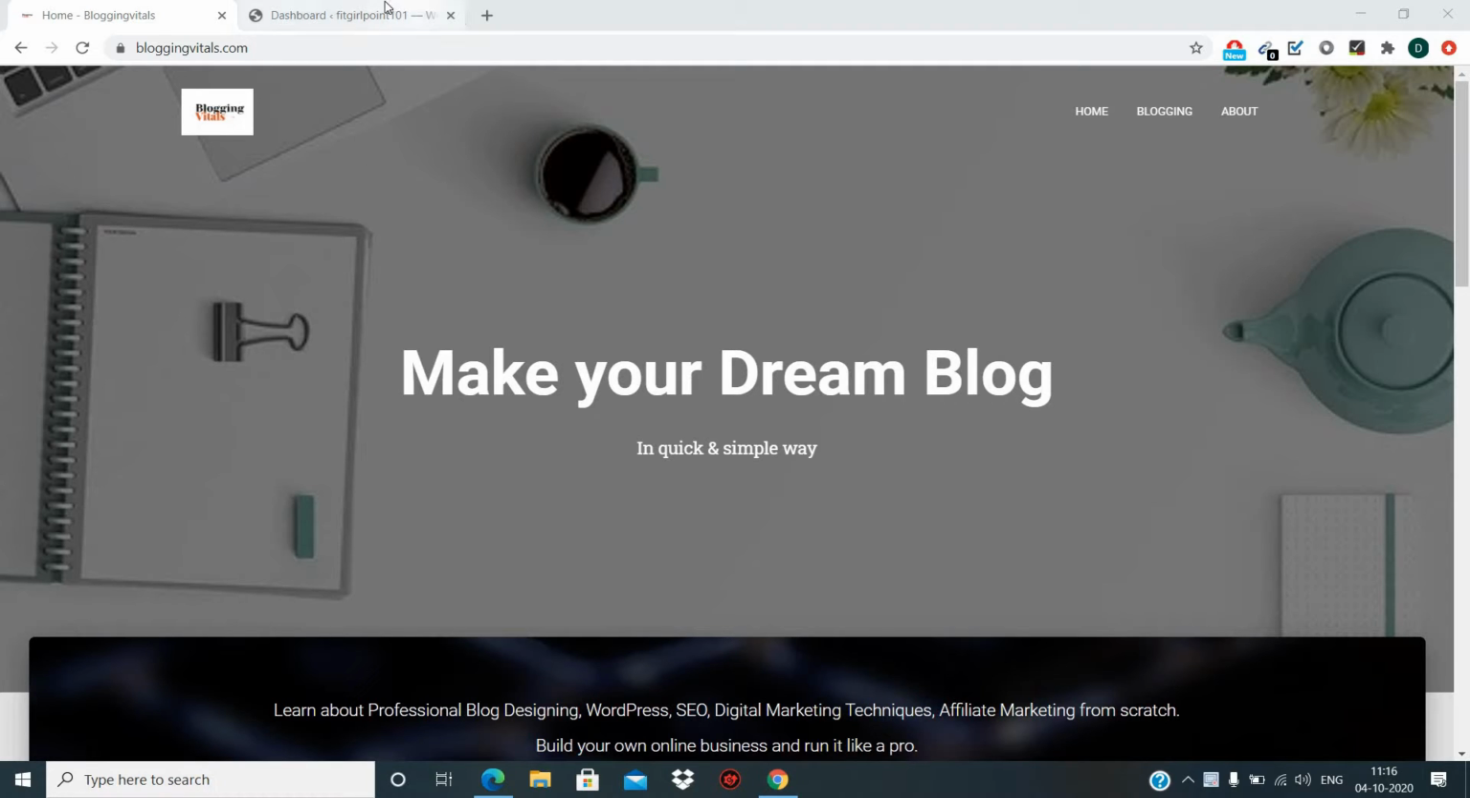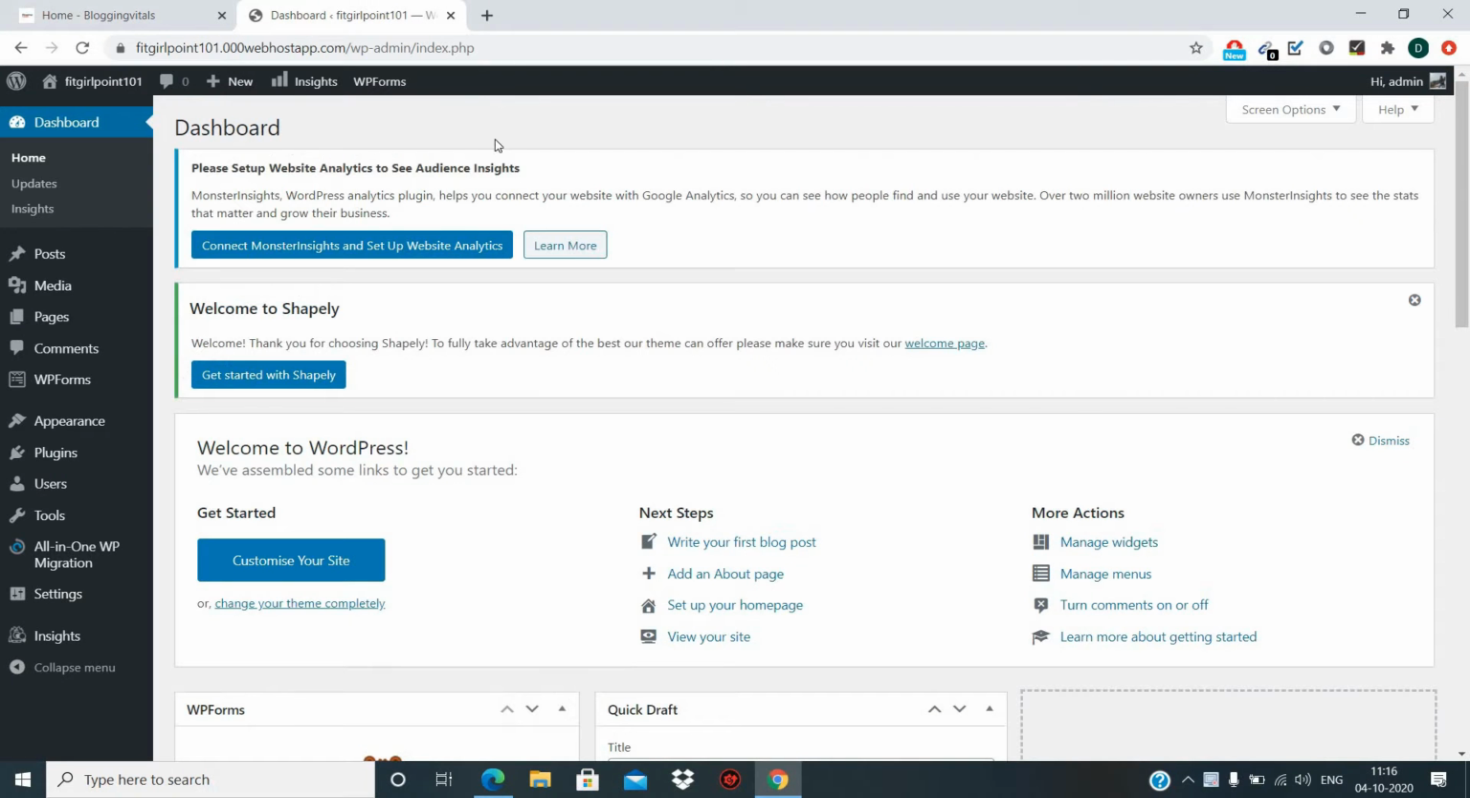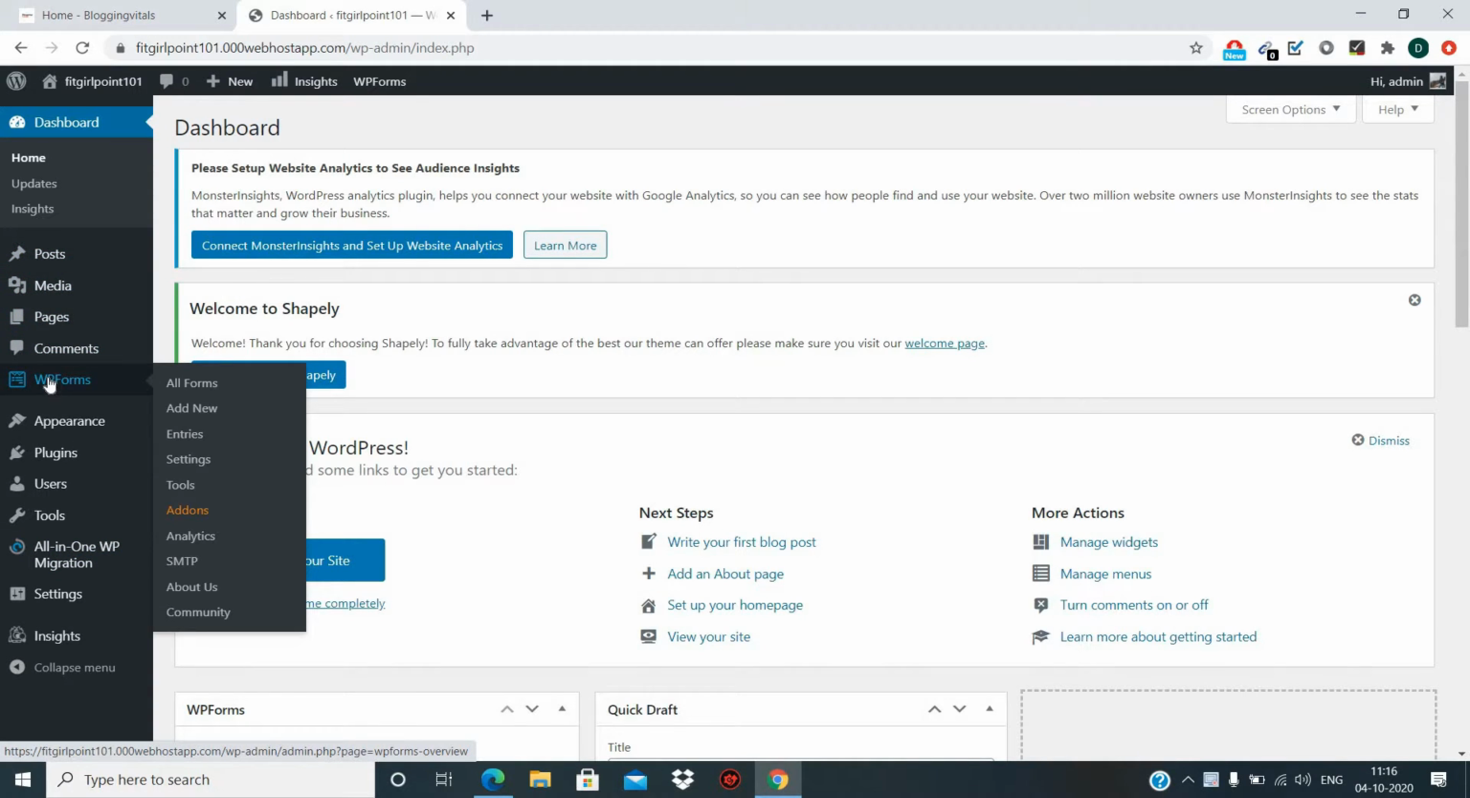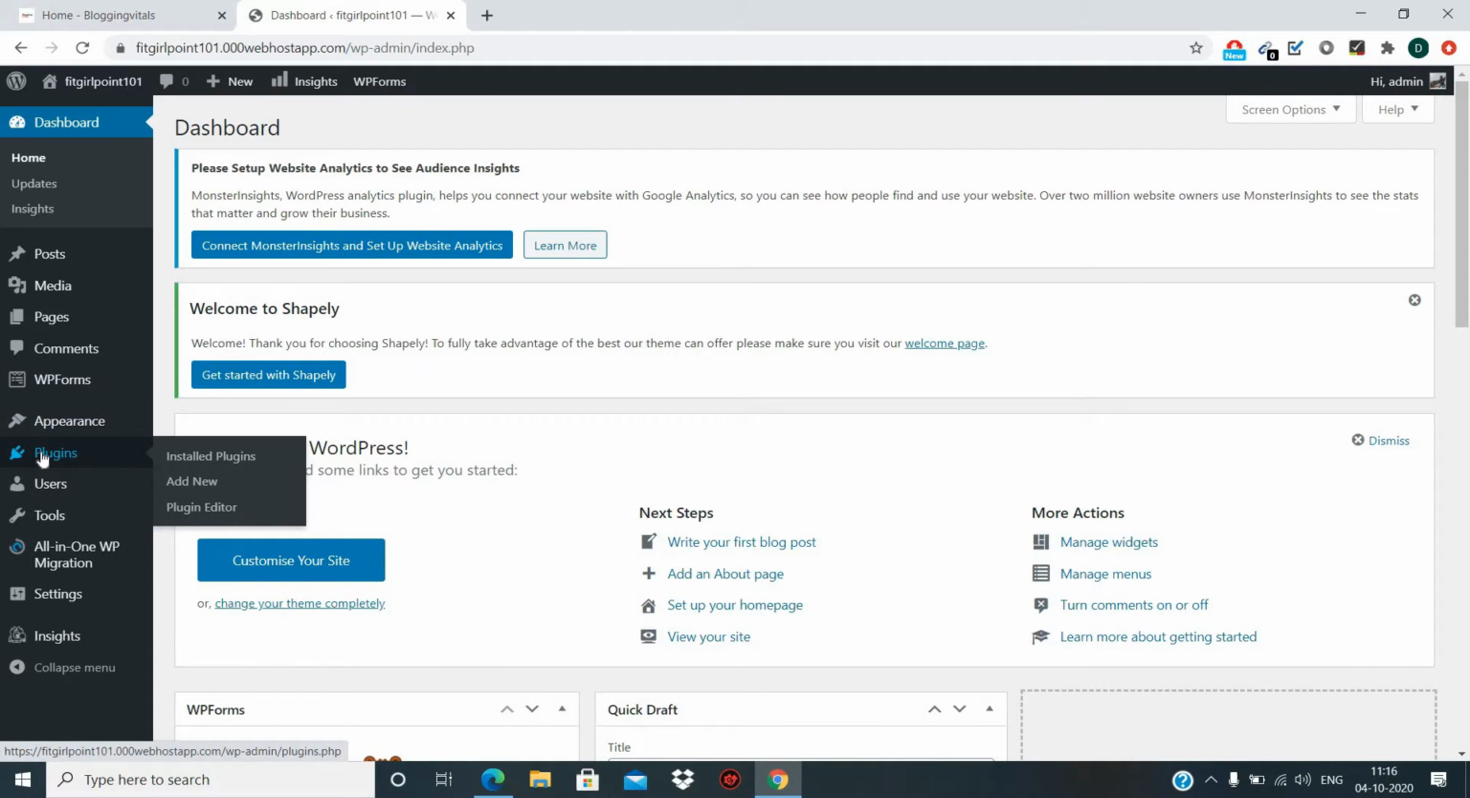First you need to go to your WordPress dashboard. I am in my WordPress dashboard of fitgirlpoint.com. And here you can see the left menu bar where all the options are available like post, media, page, comments. You need to choose the plugin option and go to add new,